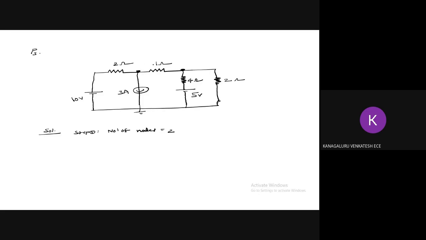So next step 2 is assigning a variable to the node with respect to the ground potential. So this with respect to ground, I'm assigning a variable V1. Here also with respect to ground, I'm assigning a variable V2. Then step 3, applying KCL first and then Ohm's law at each node. Now apply nodal analysis at V1, node V1.